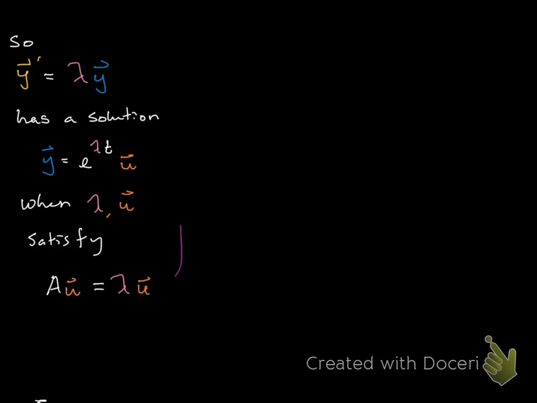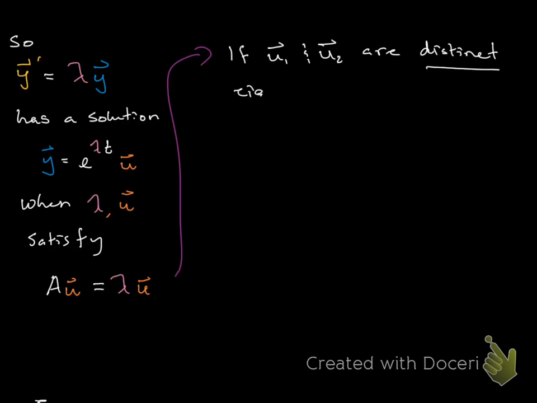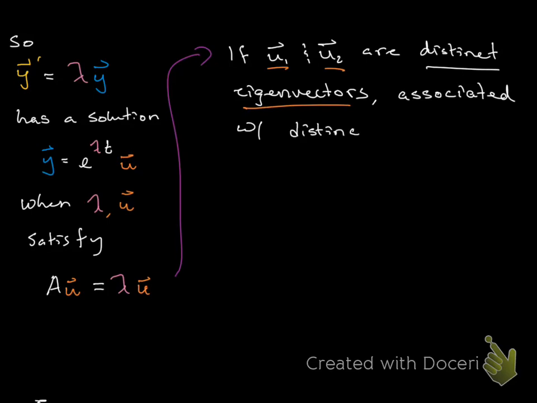So in other words, if u1 and u2 are distinct eigenvectors, and there are associated lambdas that are also distinct,